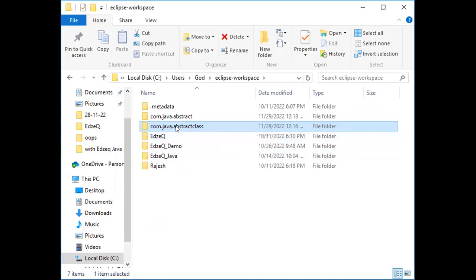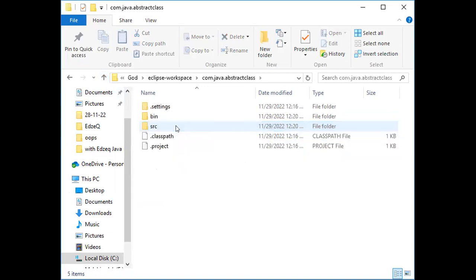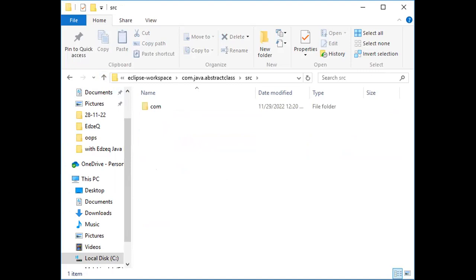So you just go to that folder, which contains the source folder. On that source folder only you have to create the package, or anywhere you want? Source folder only, sir. On that source folder only you have to create the package. How can you create that package? First you have to give